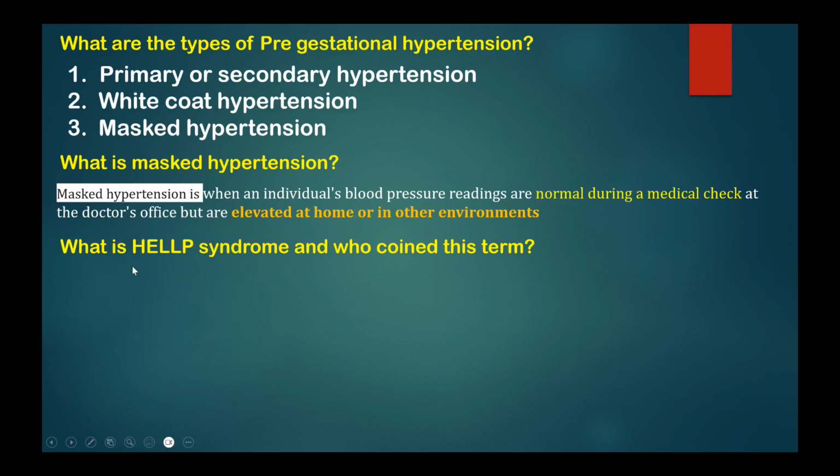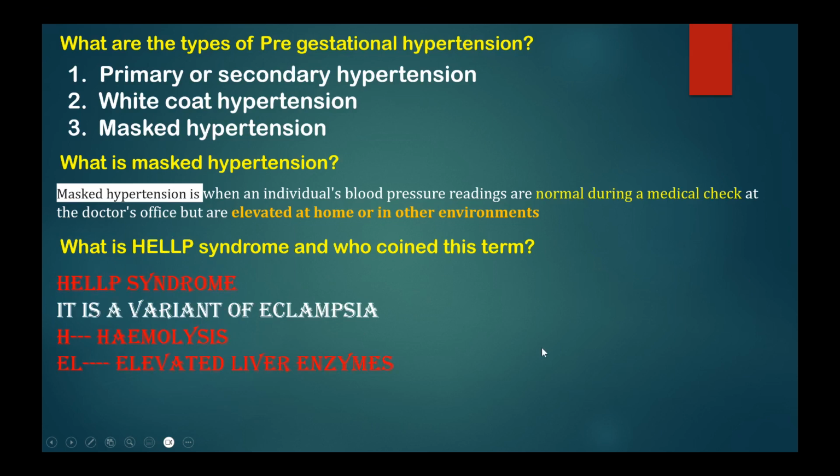H stands for hemolysis. EL stands for elevated liver enzymes. LP stands for low platelets. So three things have to be included in that. It's a variant of eclampsia. A very, very severe form of preeclampsia is HELLP syndrome, and it is hemolysis, elevated liver enzymes, low platelets,